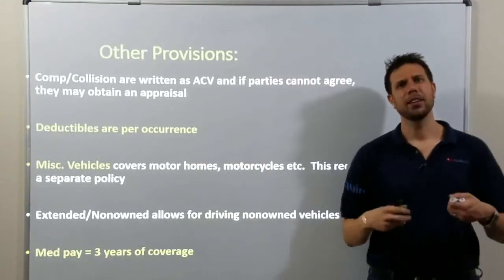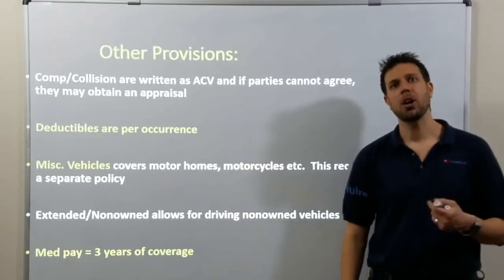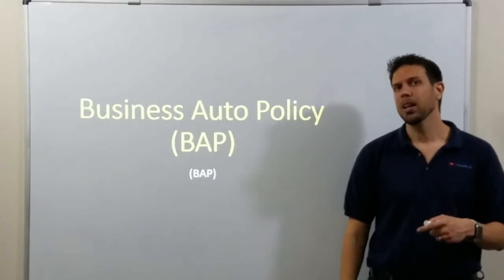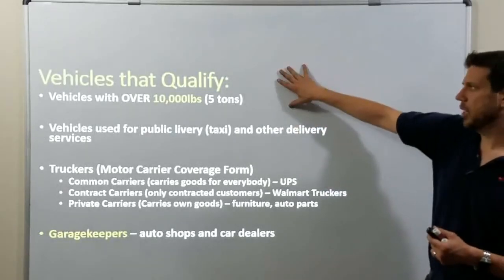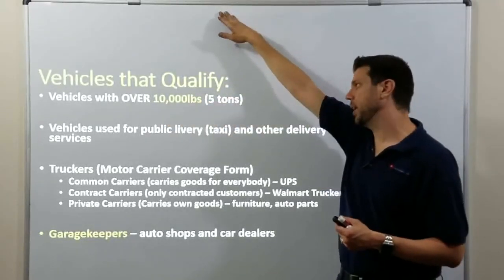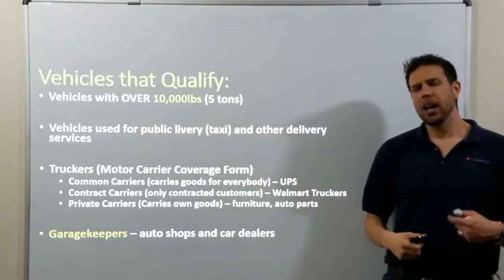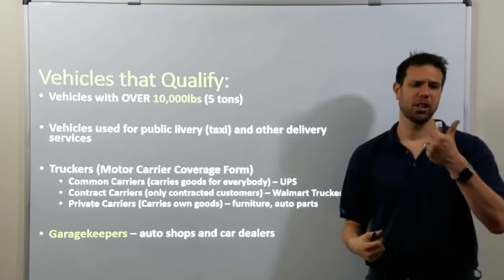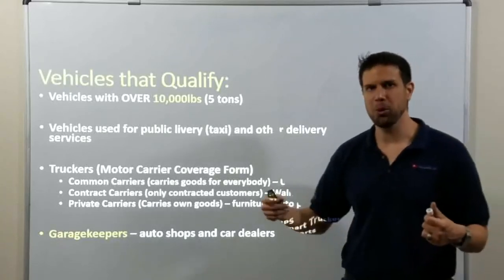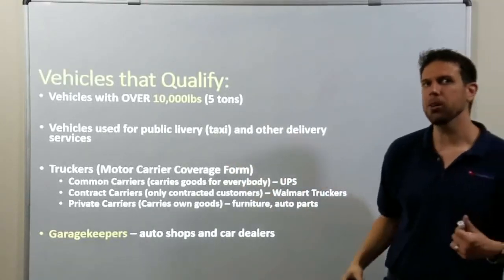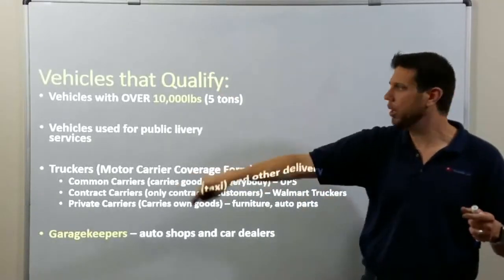So that's the end of the personal auto, but we still have commercial auto coming up. Commercial auto is relatively simple on this current state test. Business auto insurance is for vehicles over 10,000 pounds or vehicles used for business purposes, like a taxi. This encompasses garage keepers, which are auto dealers. This encompasses contractors' equipment, so like a backhoe being driven on the road. This encompasses truckers, so like the big semis, the 18-wheelers.